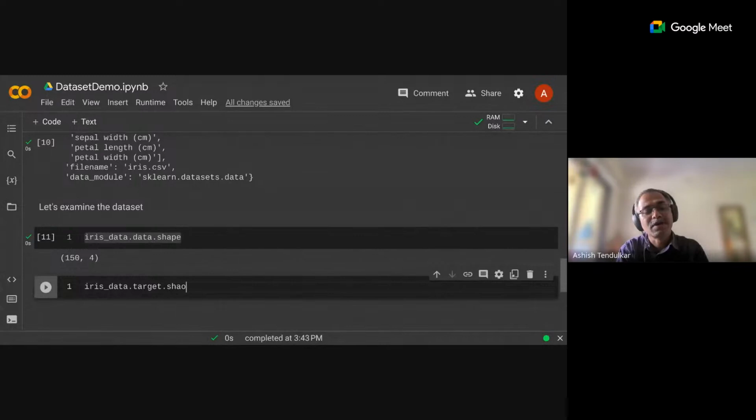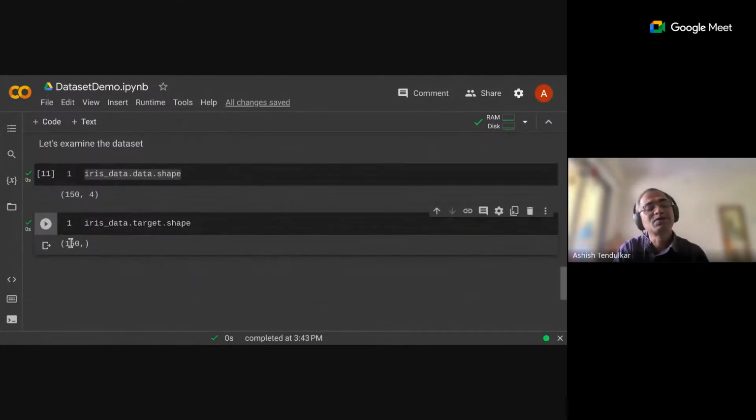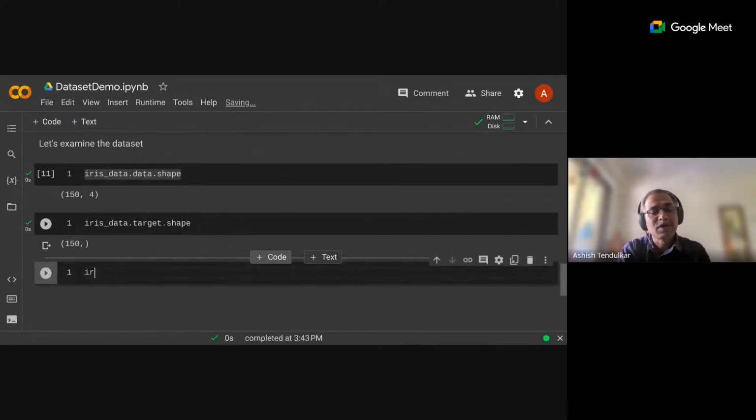Now you can see target shape. And you can see 150, right? So this is a sanity check. There are 150 examples, and this is the shape of a list. So there are 150 values in the list. So we know that every example has a label. Okay. Then you can also say iris_data dot